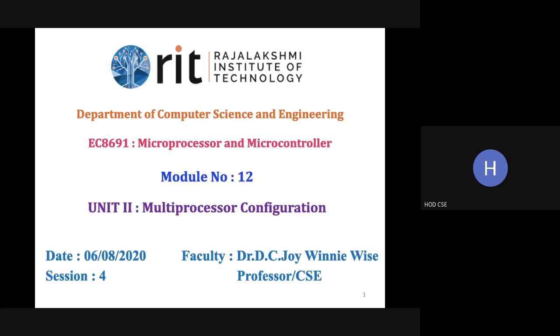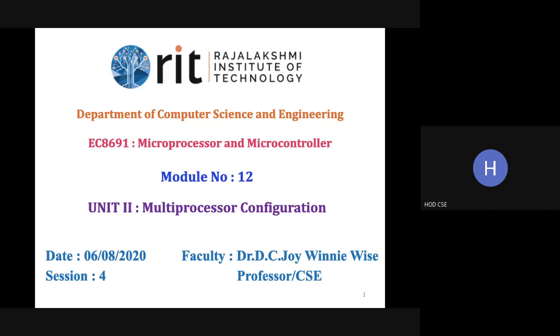In yesterday's class, we saw the I/O data transfer schemes. For effective data transfer between the CPU, memory, and the I/O devices, we have seen three techniques. One is programmed I/O, next is interrupt I/O, and the third is DMA data transfer. Programmed I/O means the data transfer will be accomplished through the input and output instructions. In interrupt I/O, the communication between the device and the CPU will be through the interrupt signal. And DMA is by bypassing the processor, transferring the data between the memory and the I/O device.